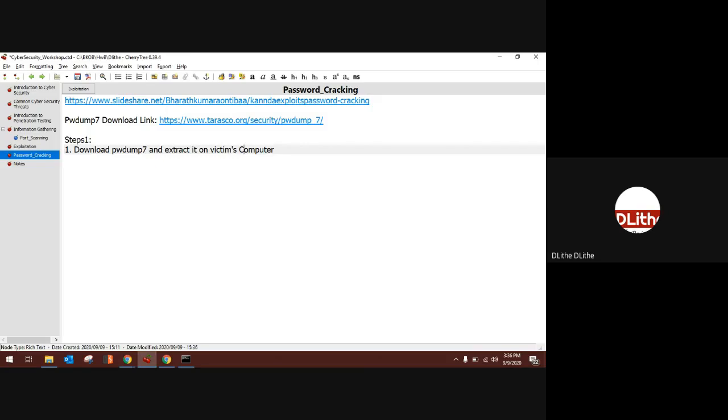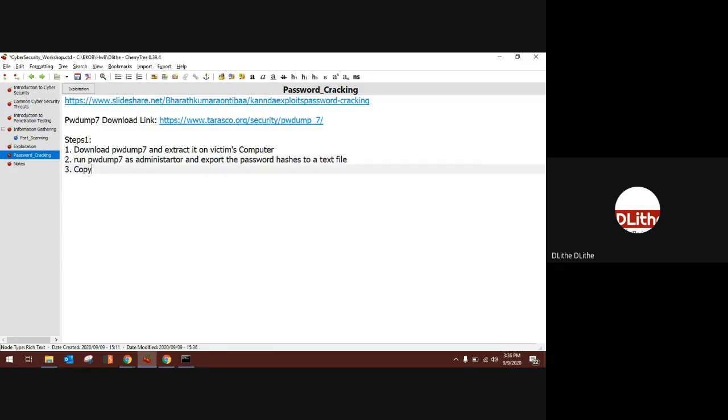Then run pwdump as administrator and export the password hashes to a text file.